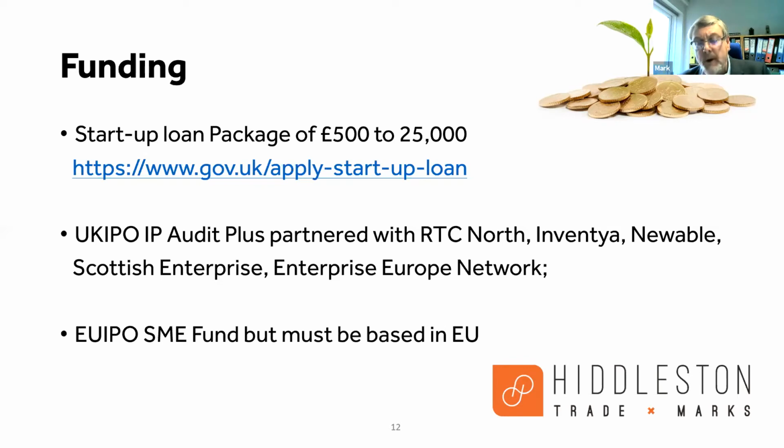And finally, there is also an EUIPO SME fund. Now, you need a base within the EU. So if you have a division in the EU, this might be relevant, which gives funding for filing EUTM applications. Now, that's all I want to say here. What I'm going to do now is pass over to